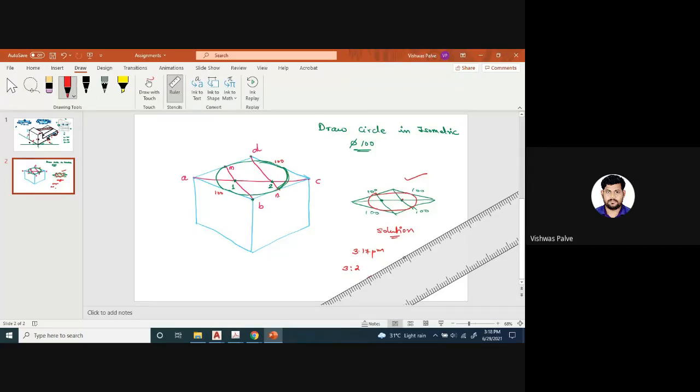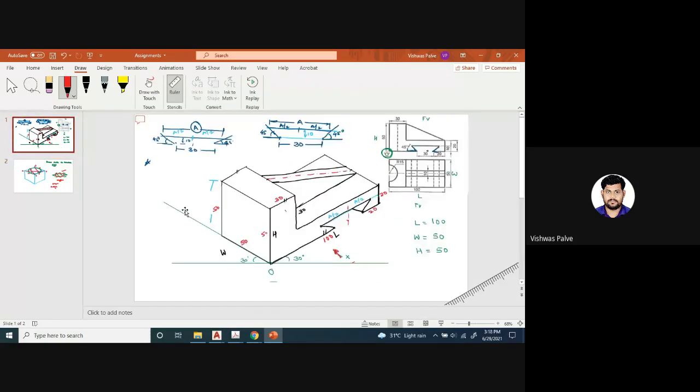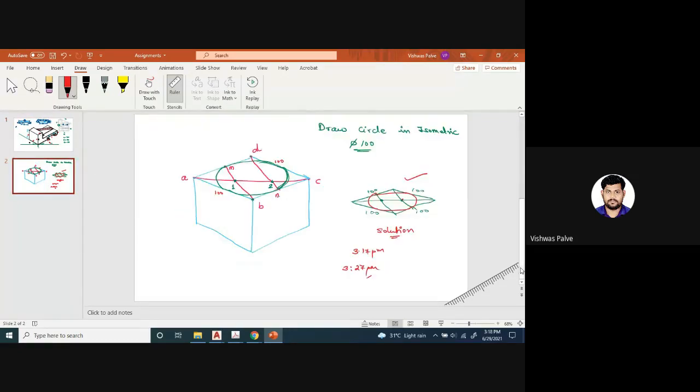Everyone, I want that you draw this isometric circle by 3:27. 10 minutes is more than enough. And you please note down these steps. Note down this enough so that you can start it. And those who complete this, start drawing the problem on paper. Your time starts now. I hope everyone is drawing.